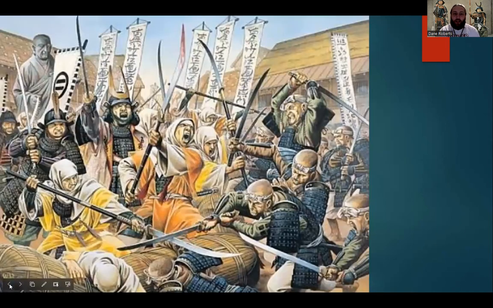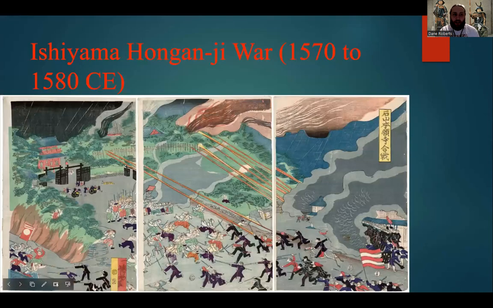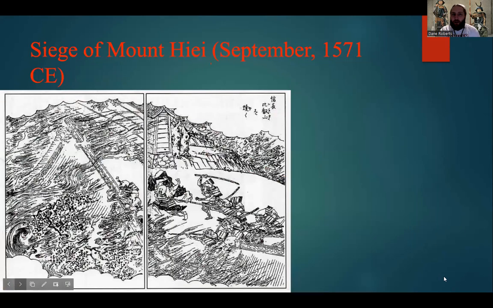And so he actually led a campaign into the territories of the Ikko-Ikki, known as the Hongan-ji War, which went on from 1570 to 1580 CE